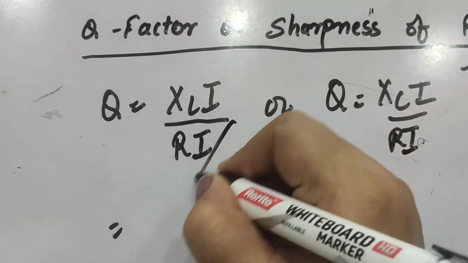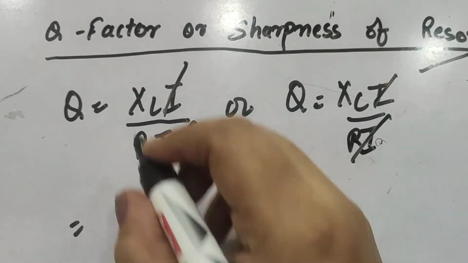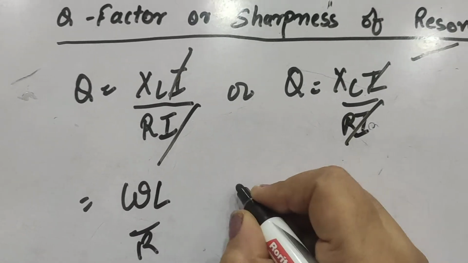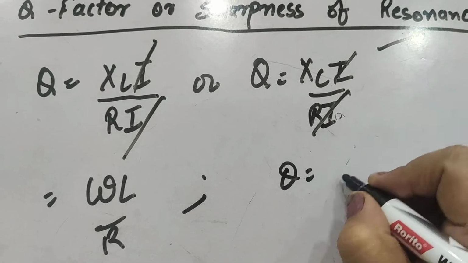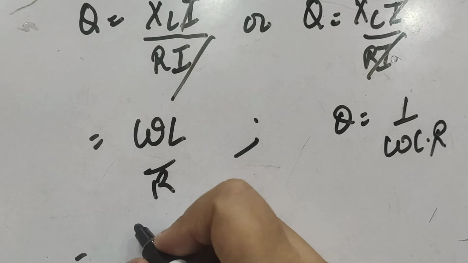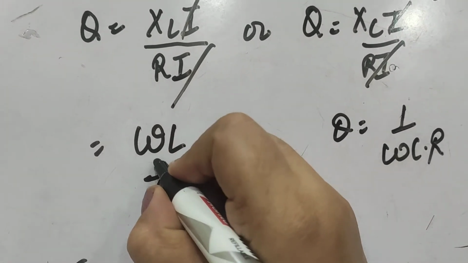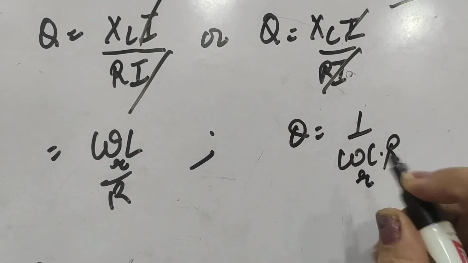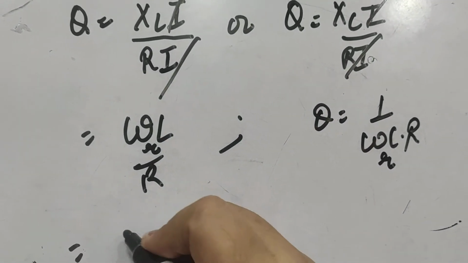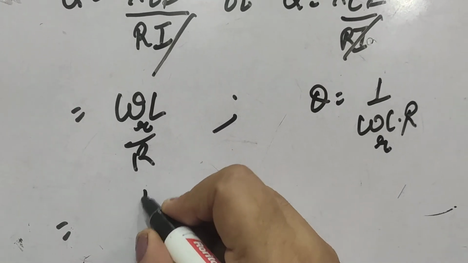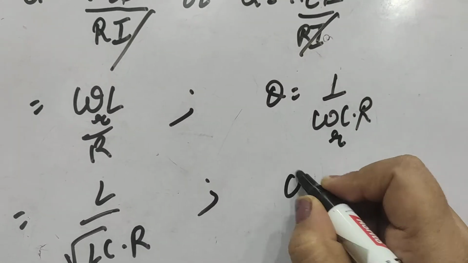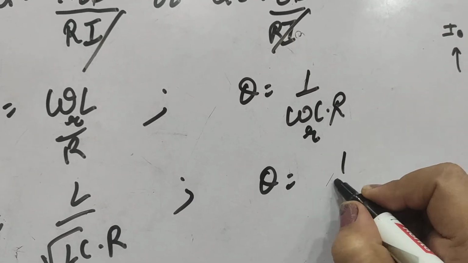Now putting in the values, I and I cancel out in both cases. So XL can be written as omega L upon R, and Q equals 1 upon omega C into R. At resonance we replace omega by omega R. We know that omega R is 1 by root LC. So Q equals L upon root of LC into R, and for the other, Q equals 1 upon omega R C,